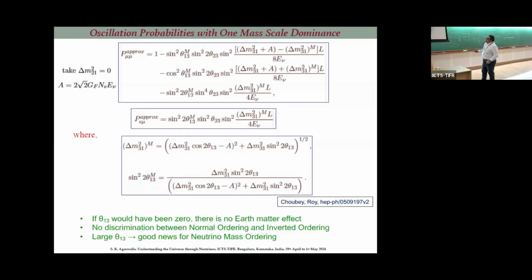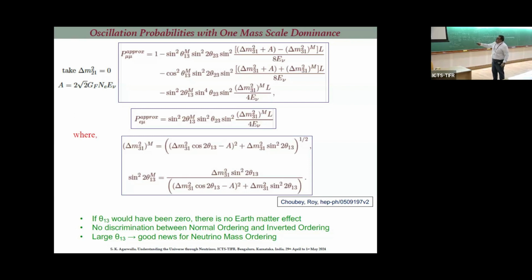Okay. So in atmospheric neutrino experiments, so far I talked about nu mu to nu e, right? The appearance channel. But in atmospheric neutrino experiments, you rely on the disappearance channel, right? Mostly you have nu mu's from pion decay, and then you see how much they are oscillating to other flavors, correct? That is the nu mu to nu mu disappearance channel. So let us take a look at that channel also.